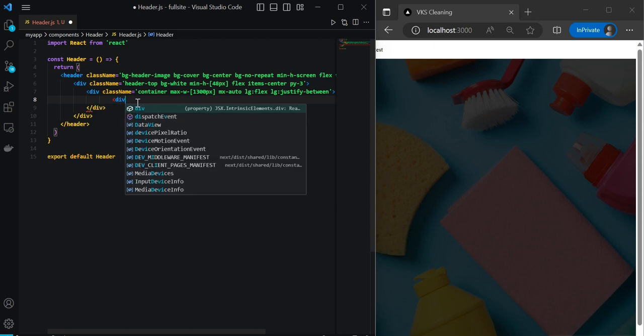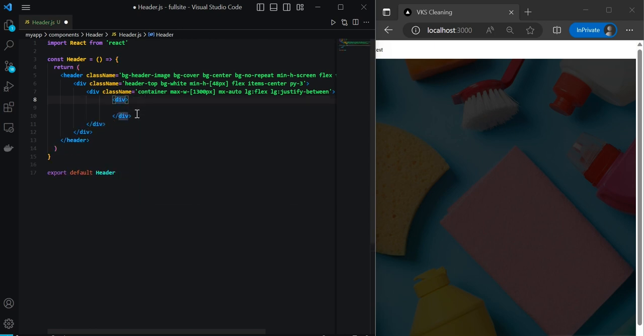So we'll go another div. Let's move this back a little bit. We'll go class name, and we'll go header top left, flex column, items center,